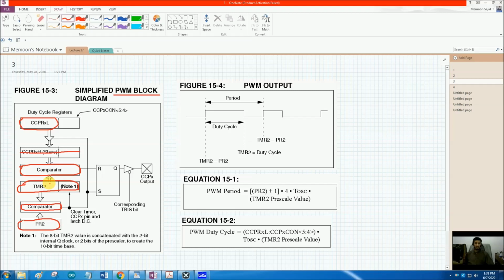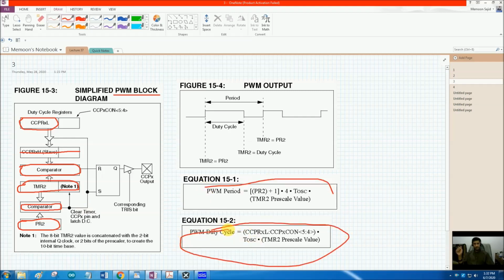In simple words, what's happening is this module is using Timer 2 to generate a waveform, as we use Timer 2 manually to generate a waveform, but it is adding some additional features to that. We talked about that in our lecture about Timer 2, that in Timer 2 we can set the time period of the waveform, but we cannot set the duty cycle of the waveform. And to set the duty cycle, we had to manually load the PR2 register every time.